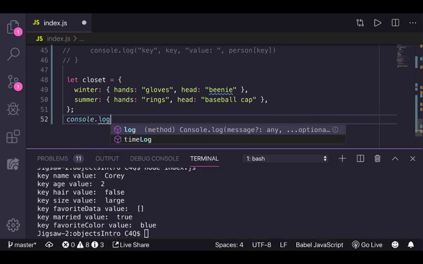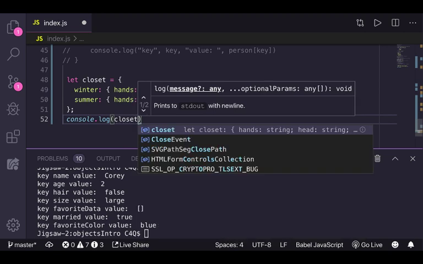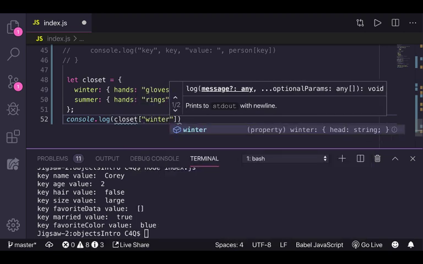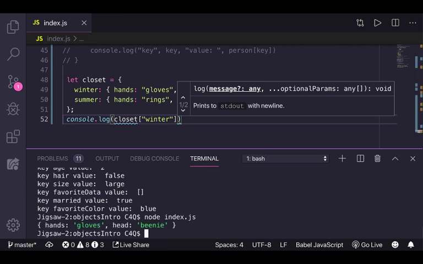Console.log, and I could say closet at winter. I could also do .winter. That would be okay. If I do .winter and I run it, we'll see that I have now gone into the nested object. So this is an object that is nested in another object. This is not unusual,